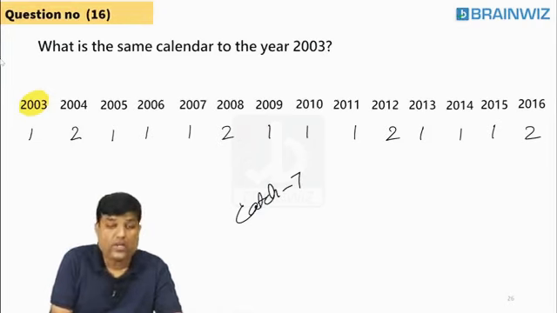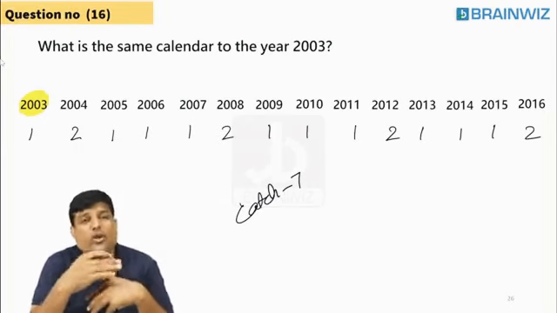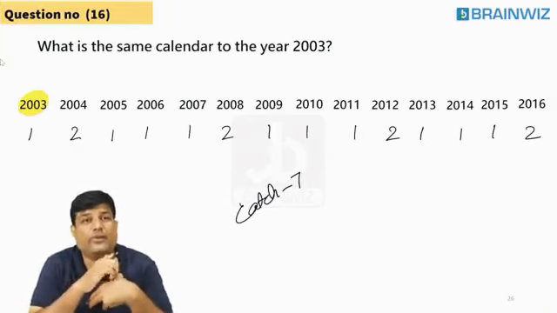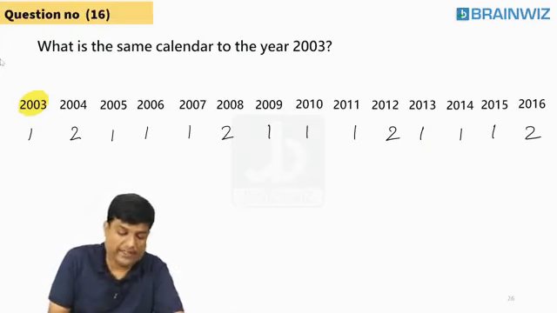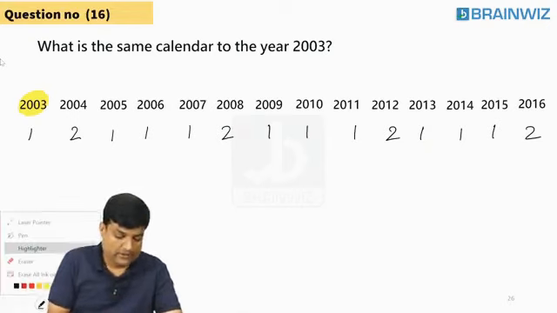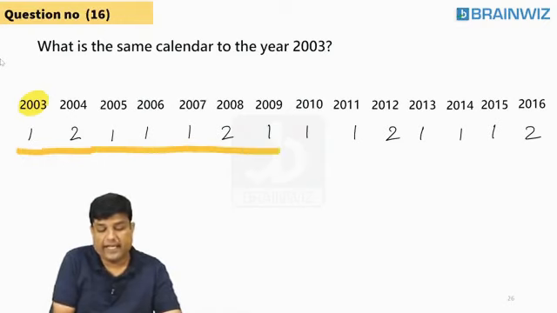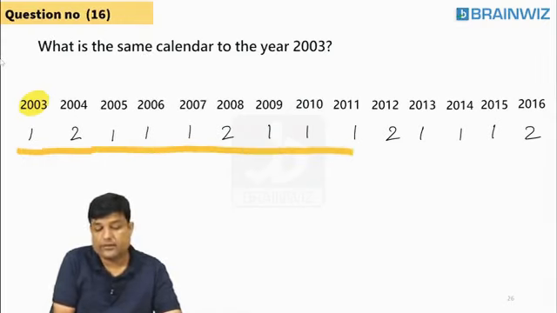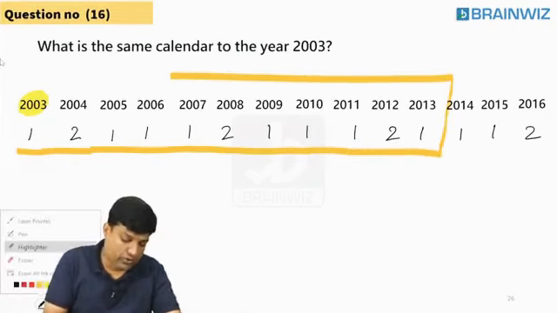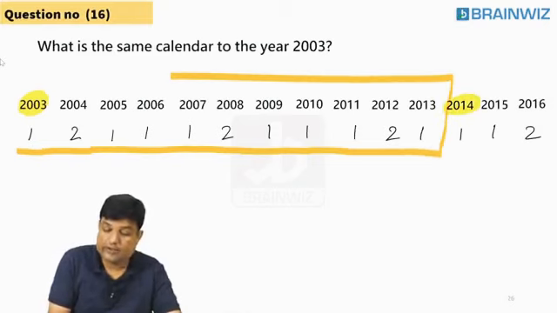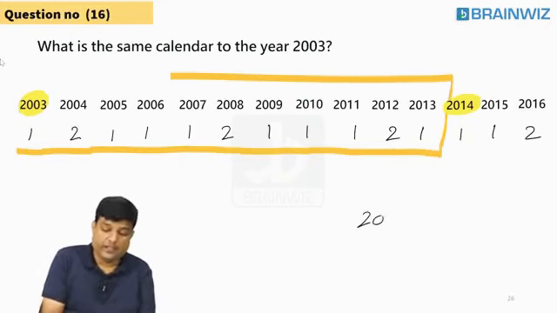So what we have to do, if 7 is not possible, definitely 14. If 14 is not possible, then we have to go with 21. As Prasanna Kumar is saying, we can do with 21 also. Following, everybody? For every 7 days, you have to remove. Let's try to count once again. 1, 2, 3, 4, 5, 6, 7, 8, 9, 10, 11, 12, 13, 14. So after 14 you remove, definitely the answer is 2014. So 2014 is same as 2003.